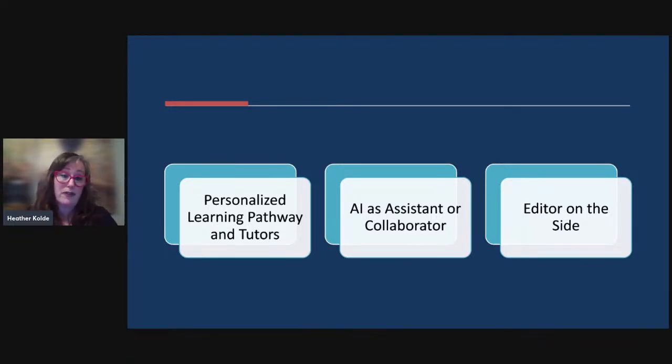We have the opportunity for AI as an assistant in the classroom or a collaborator to work with our students. Upload a rubric into your AI, and then have the students upload their work into it to get feedback, compare it to that rubric, and help kids see what areas they can improve. I think that helping